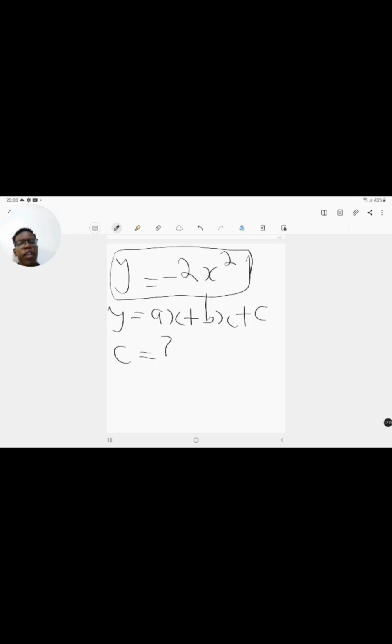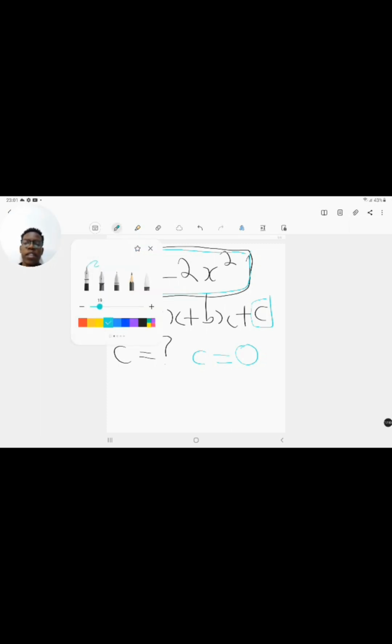Well, we've got minus 2x squared, but this is all that we have. Remember, I said c is the value that is not tied to an x, right? There's no number without an x. In other words, we don't have a c here. So for this equation, c is equal to 0, right? What does this mean? This means that if you were to plot this graph,